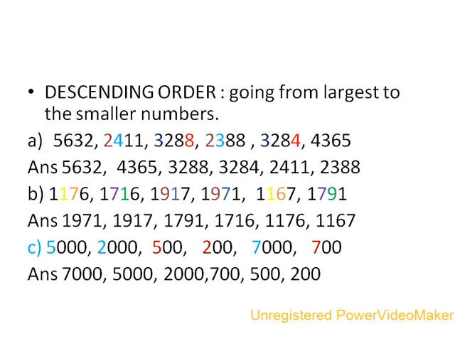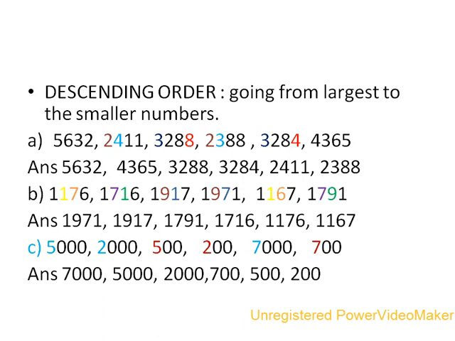As their hundreds places are also the same, we will compare their tens place. One has 7 and the other has 6, and 7 is larger than 6, so we will take 1176 next, and then at last will come 1167, which is the smallest among the group.